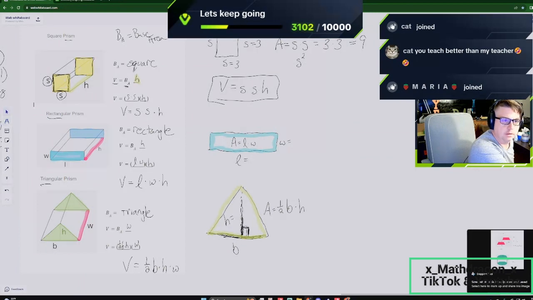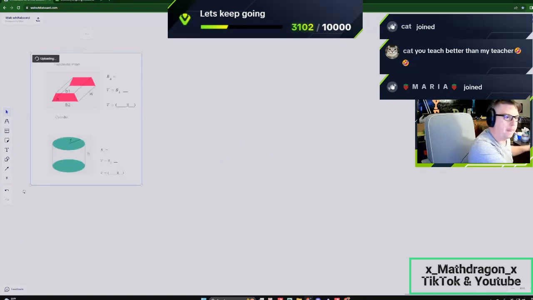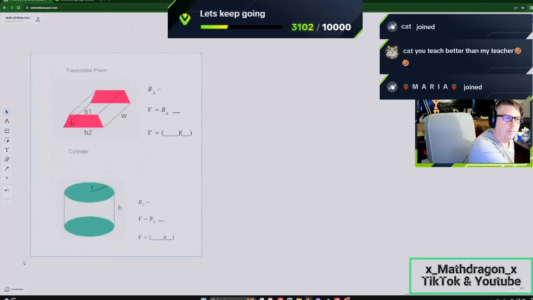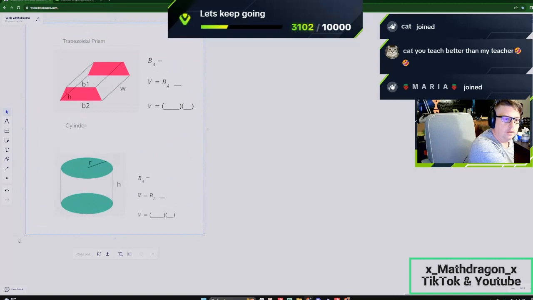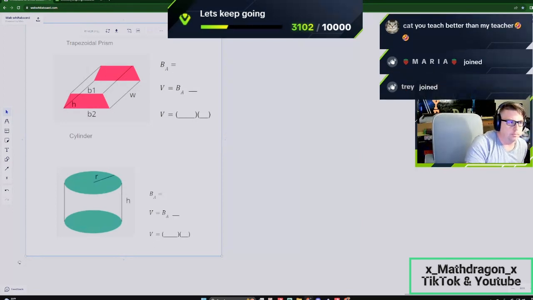All right, so let's get that out. And we're going to shift this over. And now we're going to talk about a trapezoidal prism and a cylinder. Okay. So for the trapezoidal prism, we are looking at a trapezoid. Okay? So for a trapezoid, if we were to build it,